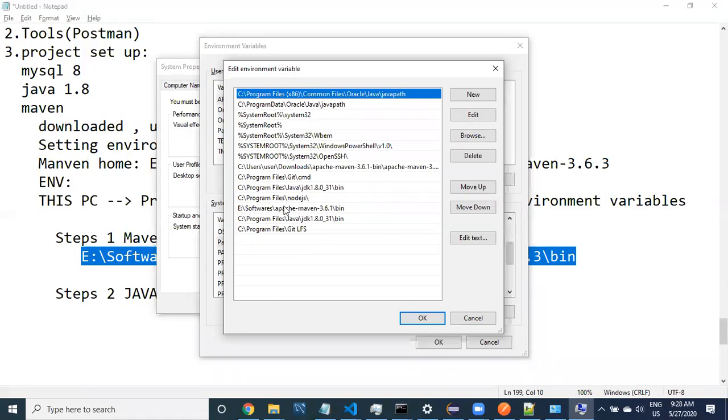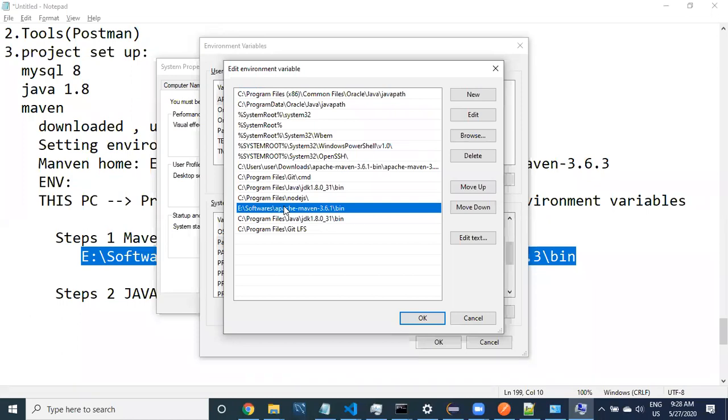If it is, check where your Maven path is. If it's the same location, no problem. Otherwise, you can click on New and copy paste it. Even though it is available, no problem, you can click on New and just copy it. Do this first.